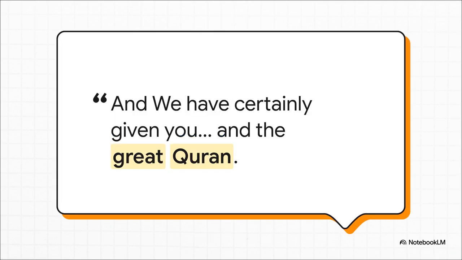And here's the big reveal. That number, 87, points directly to verse 87 of Surah 15. And what does that verse talk about? You guessed it, it explicitly mentions the Great Quran. It creates this perfect triangle, linking the first mention, the last mention, and now this third crucial verse.